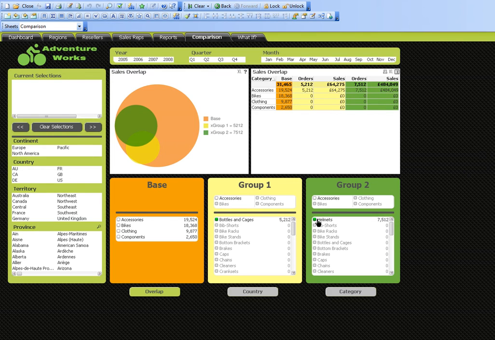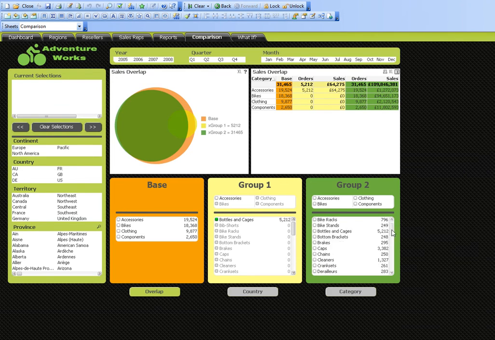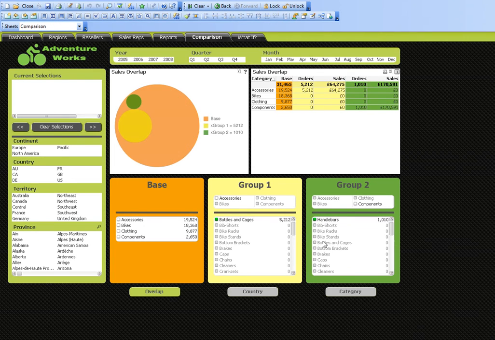If you have a look at another product, say for example, that's unlikely to be ordered with it, if we have a look at say for example handlebars, and unsurprisingly there wasn't a great deal of sales overlap between those 2 products. They weren't particularly purchased at the same time, and obviously this gives you an example of the whole of the 31,000 orders. Clear that for the moment, take those off, and we can have a look at,